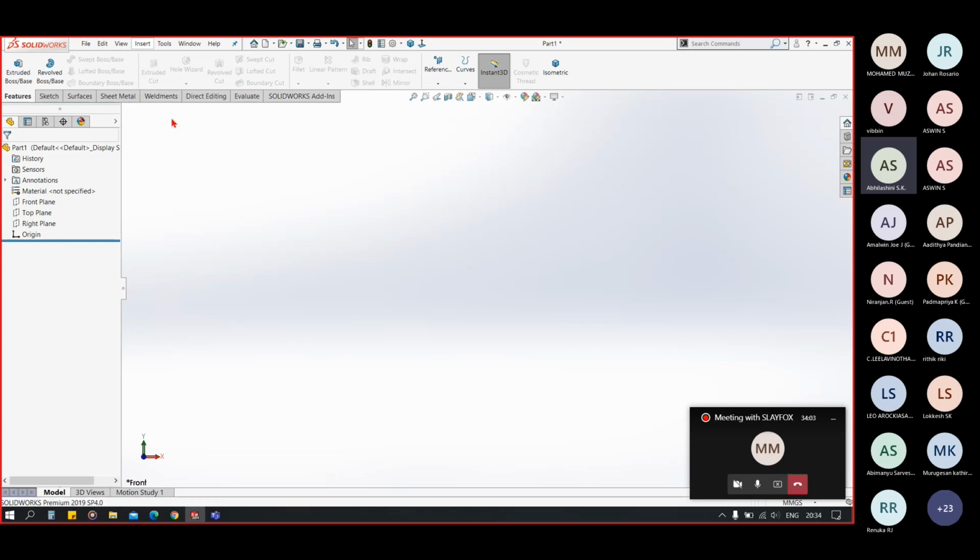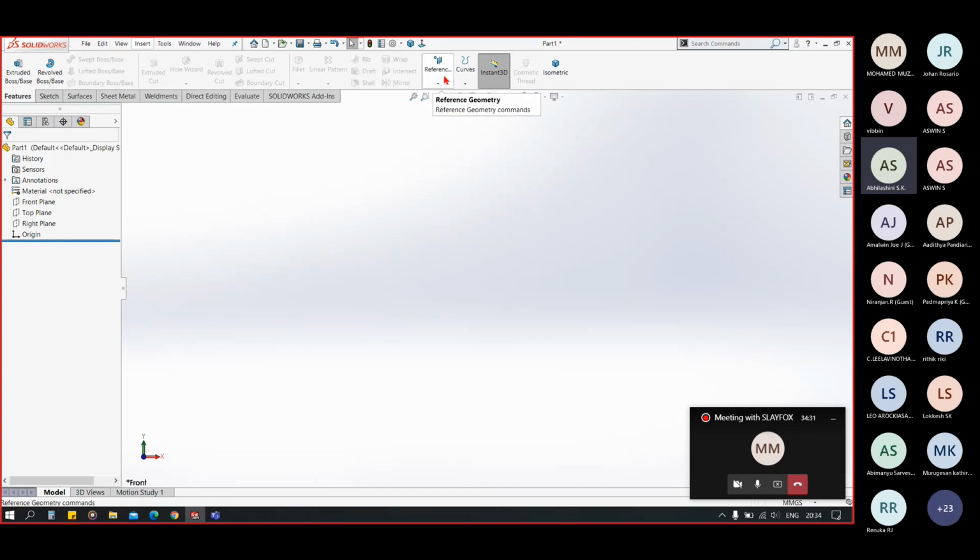We have similar functions to extruded boss like extrude cut, revolved cut, swept cut, loft cut, boundary cut, and hole wizard. Next to that, we have our modification functions like fillets, chamfers, linear pattern, sketch patterns, circular pattern, mirrors, rib, draft, shell, wrap, and intercept.